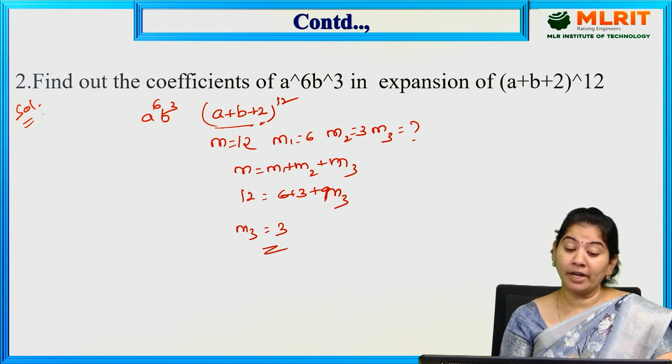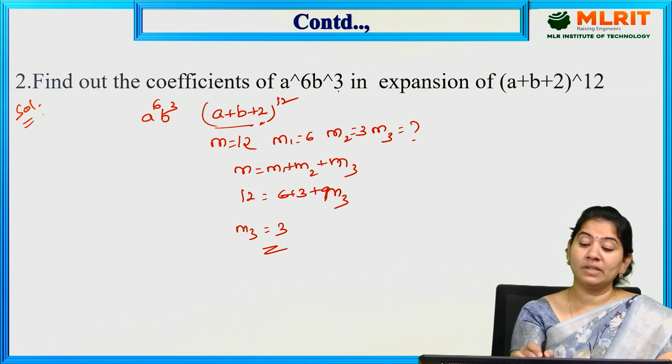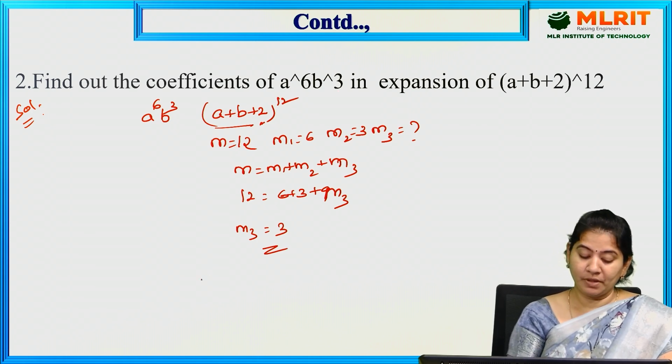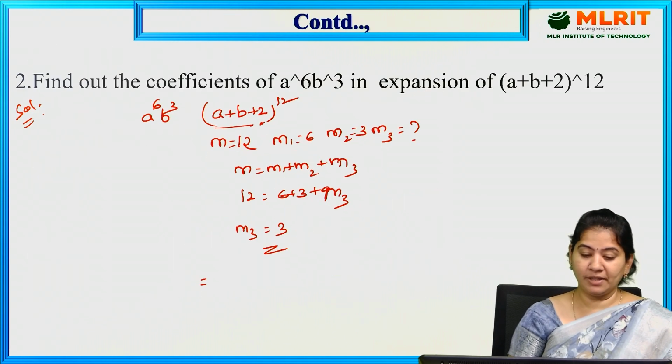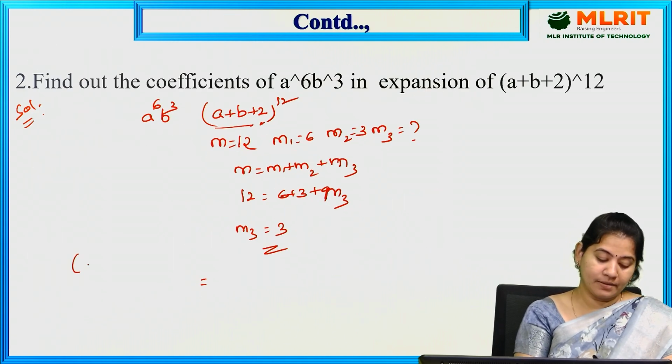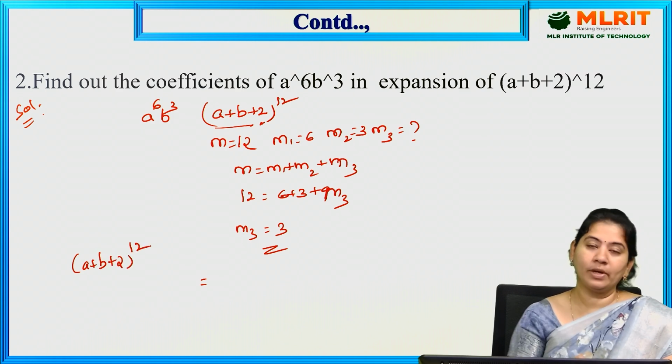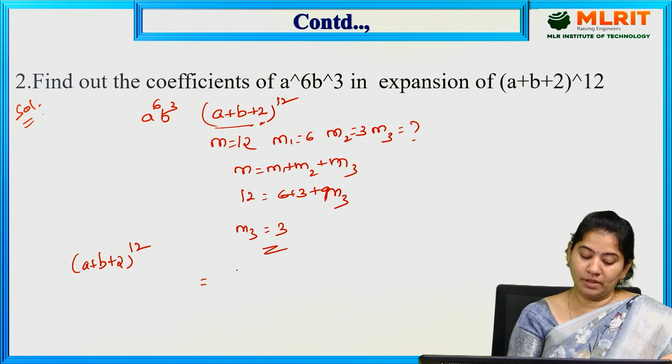Now you have to find the coefficient of a power 6, b power 3, which is 12 factorial by, as we know from the formula. So what is the question here? (a + b + 2) whole power 12. So here you will get 12 factorial by